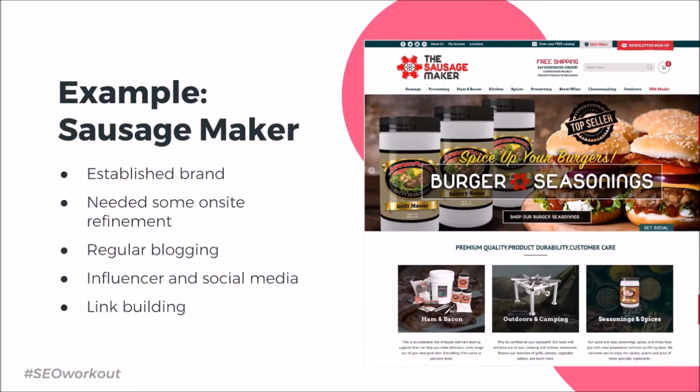Our first example of a rigorous workout plan is our very own Sausage King sausage maker. When we started working with them, they did already have an established brand in place, but they needed some online marketing refinement. This included tackling on-page improvements, just like in the Easy Plan, but now we've branched out into a few different tactics. The first is regular blogging,